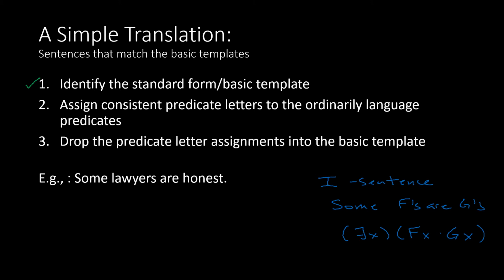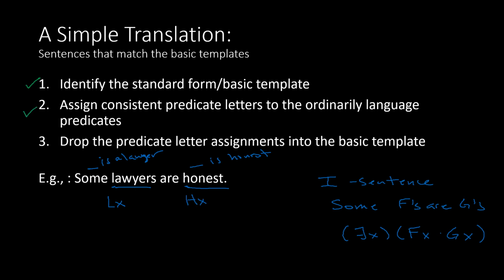Once we have identified the standard form or basic template, the next step is to identify and assign consistent predicate letters to the ordinary language predicates. We've got 2 predicates here, lawyers and honest. "Blank is a lawyer" is one predicate, and "blank is honest" is our other predicate. And just like in the propositional logic, you are free to choose any symbolizations that you want, but it's usually good practice to pick somewhat obvious symbolizations. So for example, for lawyers, let's use Lx, or x is a lawyer, and for honest, let's use Hx, or